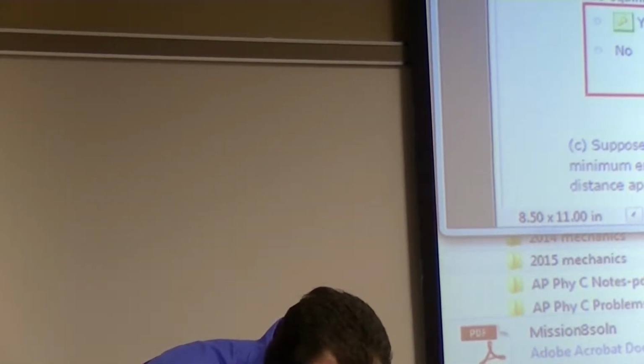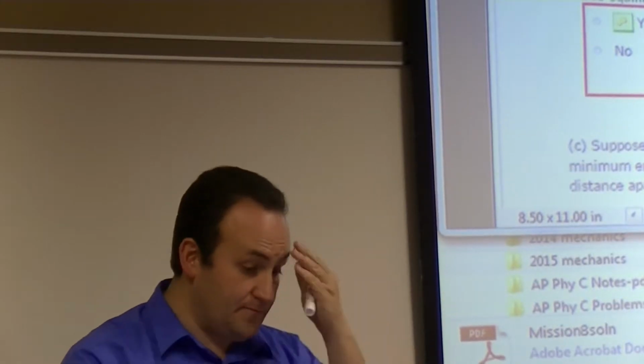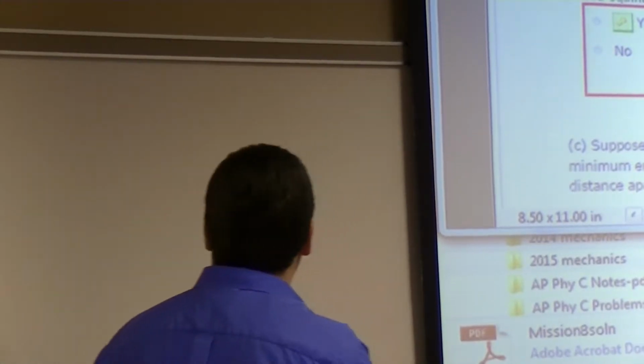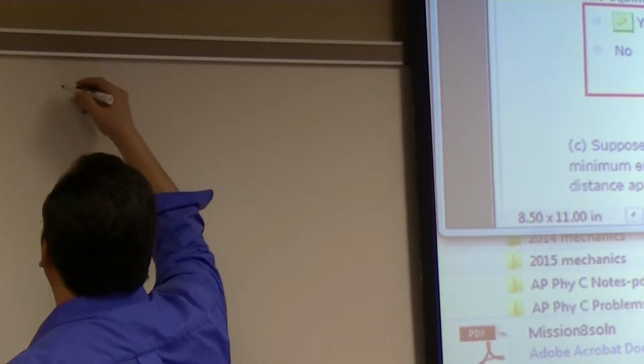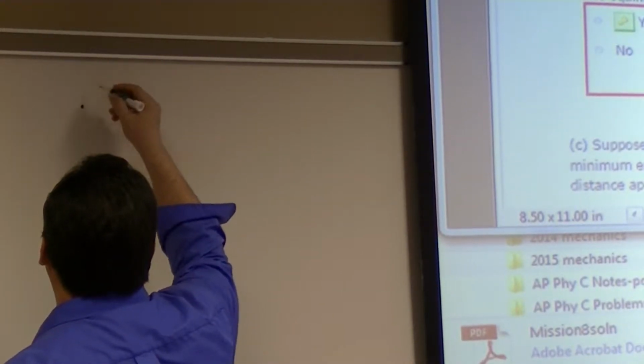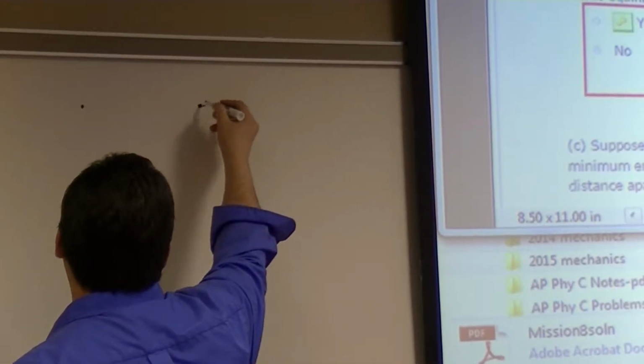Suppose the distance between the two atoms equals the equilibrium distance found in part B. What's the minimum energy that must be added to the molecule to disassociate it? That is, separate the two atoms to an infinite distance apart. This is called the disassociation energy of the molecule. All right, so you have that molecule, the other molecule, right? And this one,